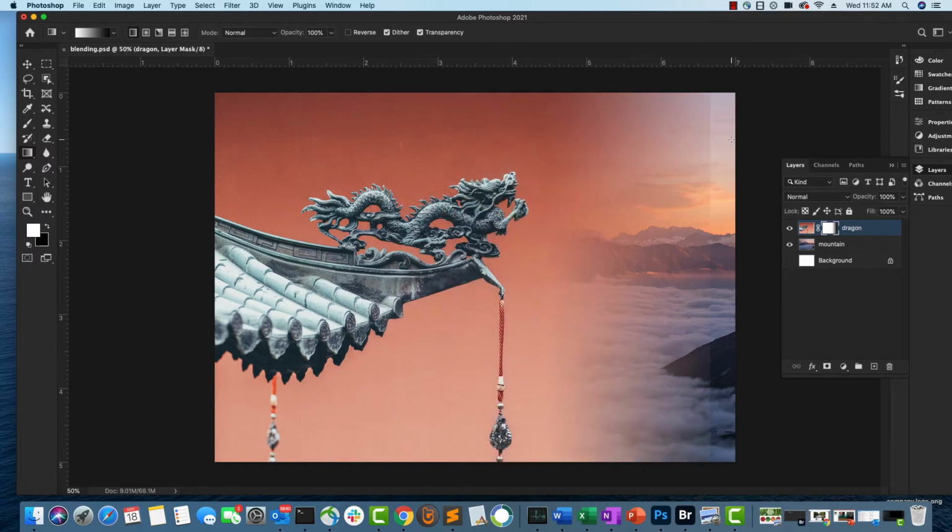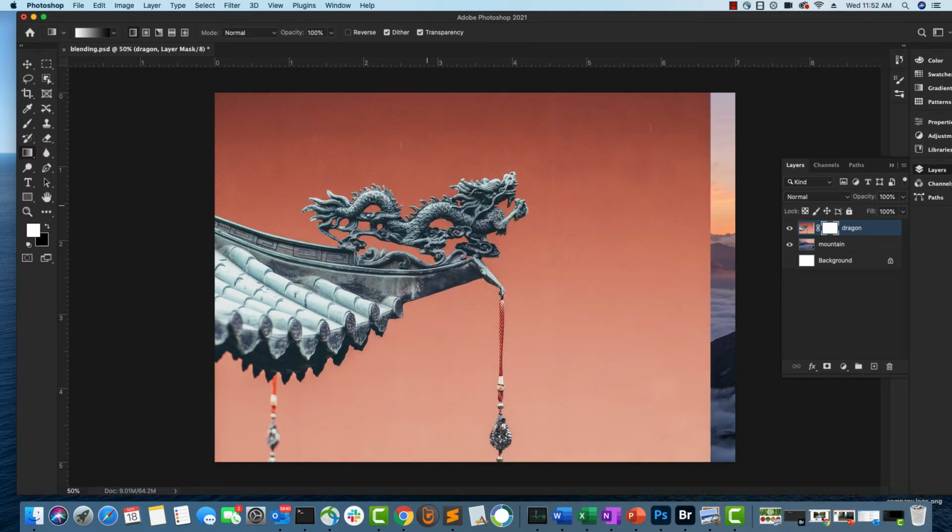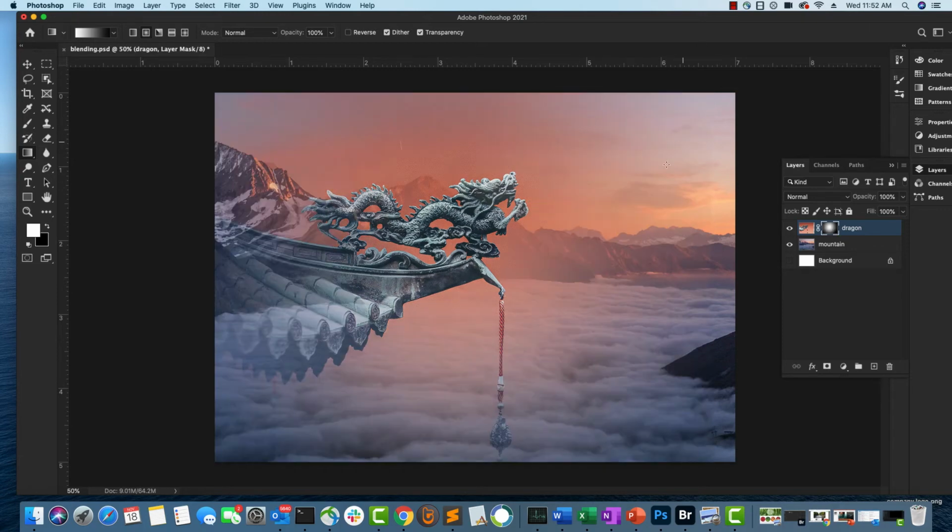Let's try some other gradients. I'm going to hit Ctrl Z. So this is a radial gradient, which means it appears like a circular effect. So I'm going to start here and then let's say draw in this direction. So you can see it's radial, right? From the center it has the maximum opaqueness, and it starts getting more transparent as you move away from the center, right? So this looks really good, right?